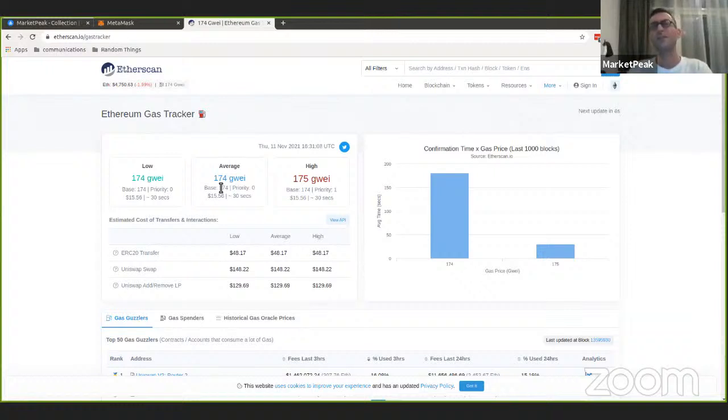The gas prices currently fluctuate between, should be 60 to 80 on the low end, but for the last 2 days it has been a bit above 100 actually, and at the high points, up to 300 something. So another way to save some money, if you don't really want to check during different times of the day